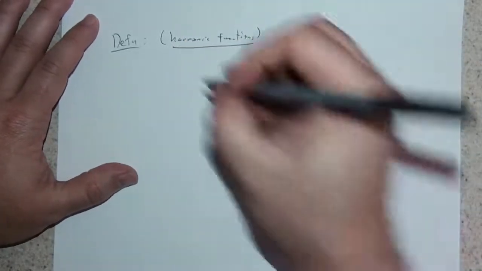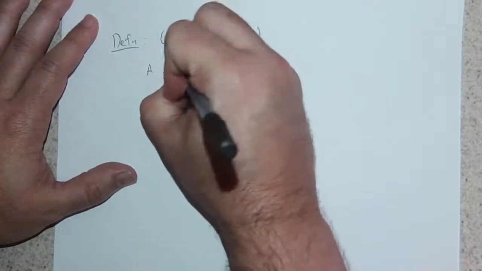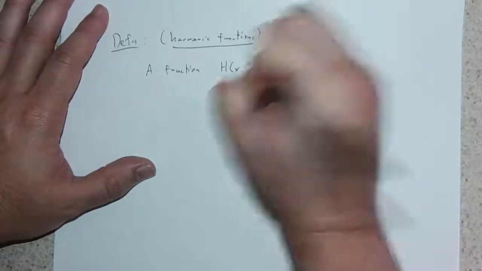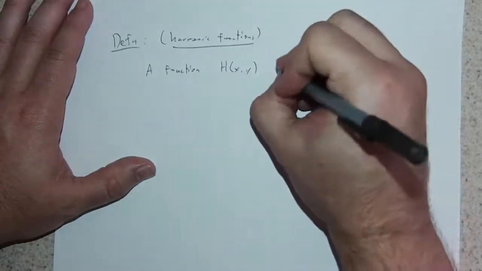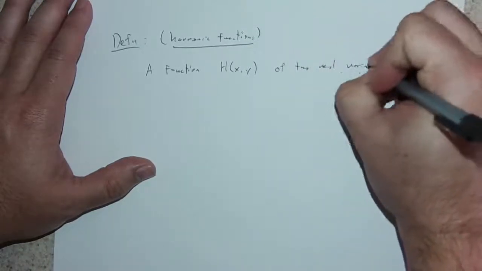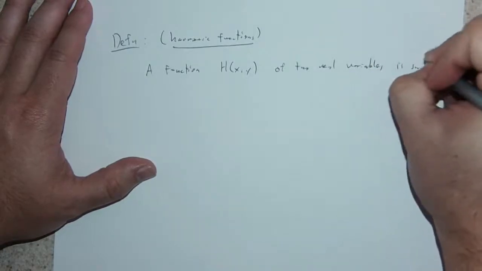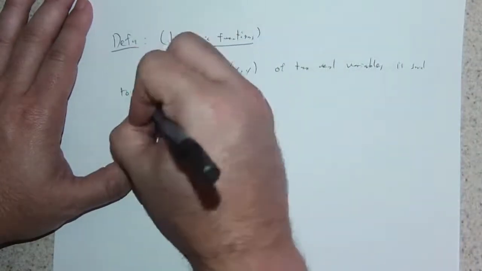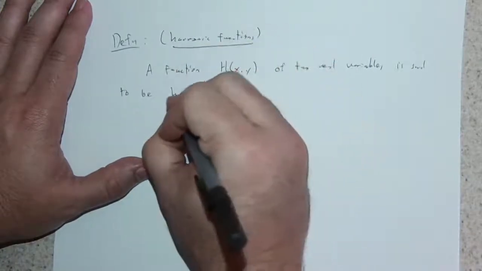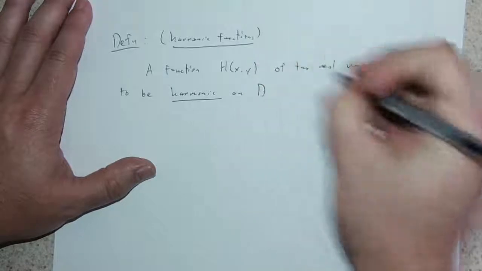So a function, we can define this for real valued functions of any number of real variables, but we'll just talk about it for two real variables first. So a function, we'll say big H of x y of two real variables is said to be harmonic on D if